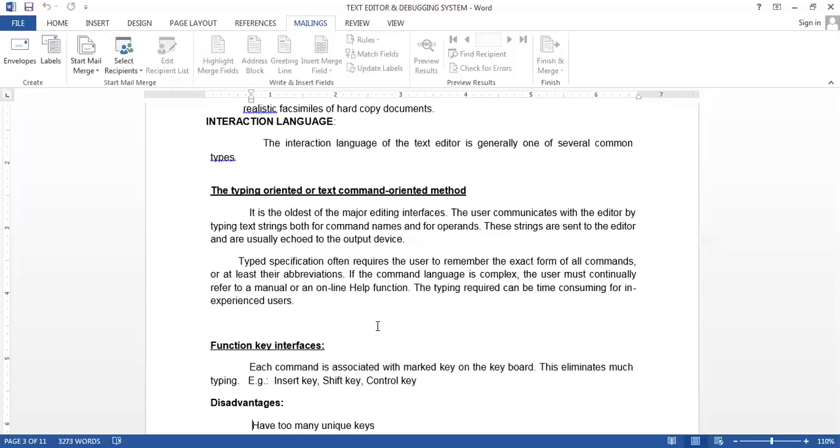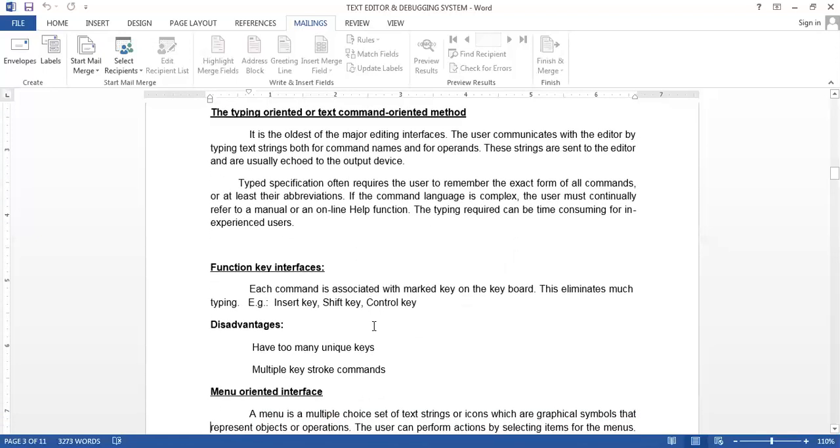After that, function key interfaces. Sometimes we can perform a command by typing, or another way is to use some keyboard keys to do the same command. You can say a shortcut. So in function key interfaces, each command is associated with a marked key on the keyboard. In that case, we need not type the text command to perform an action.